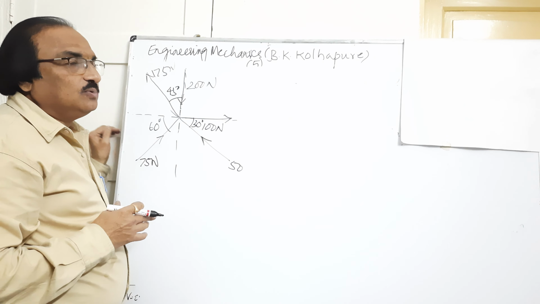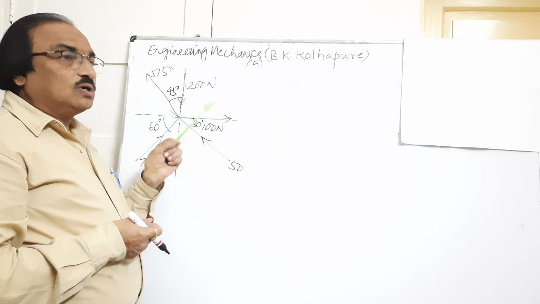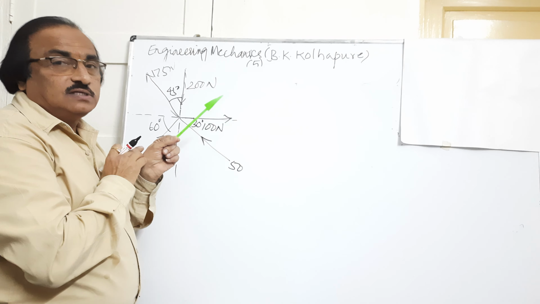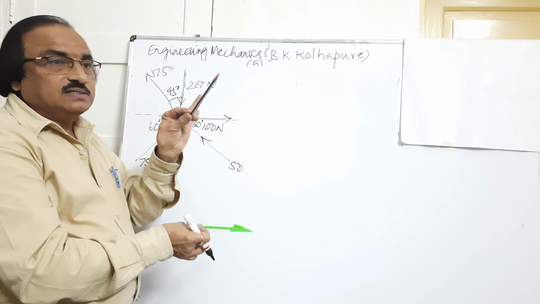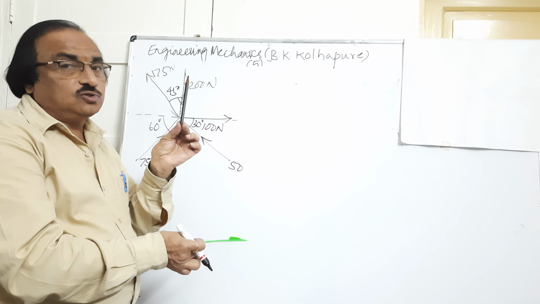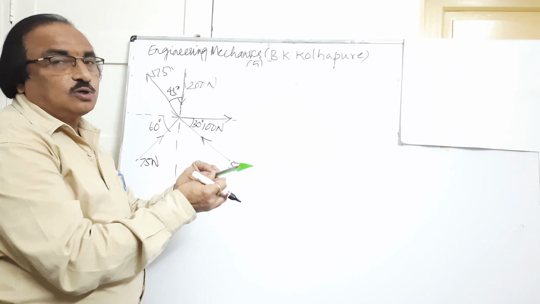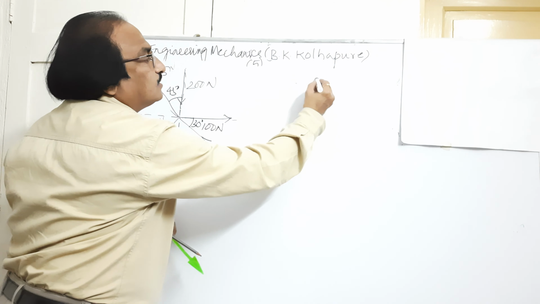Now your first job is that we will be resolving the forces. Here I am using this arrow to represent a force. This is the head and this is the tail. Head will indicate the direction in which the force is acting. You can also use a simple tool, a pencil. This sharp end is the head and the other end is the tail. The pencil is the best tool to resolve the force. Here I'll use both simultaneously and see how to resolve the forces. First we will resolve the forces, then we will go for the solution of the problem.